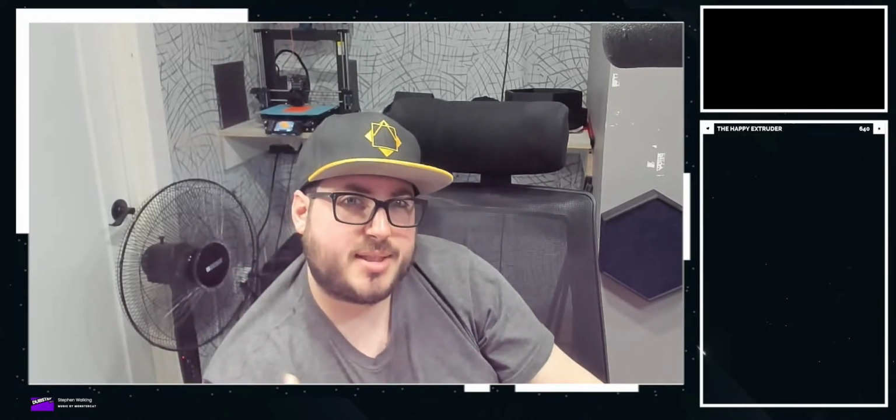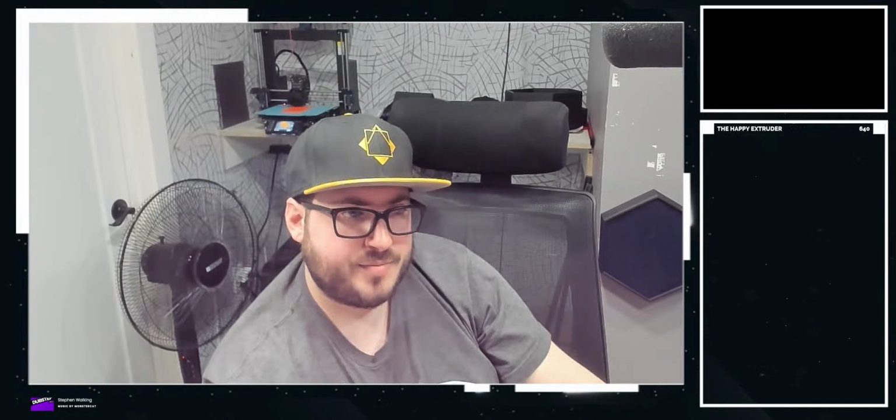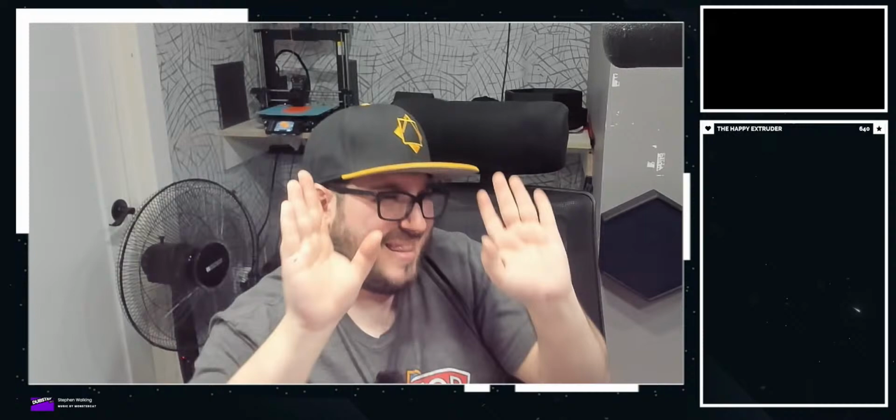So we're returning it. It's boxed up over there. I feel bad. Like, let's take a step back here. I work for Printed Solid as their support manager, so I have to deal with requests to return Prusas. I know what it's like to be in their shoes. I know what it's like to have someone who bought a printer wanting to return it, and you don't want them to. You would rather it work for them. But for some people, it's just not the machine for them. And that's understandable.